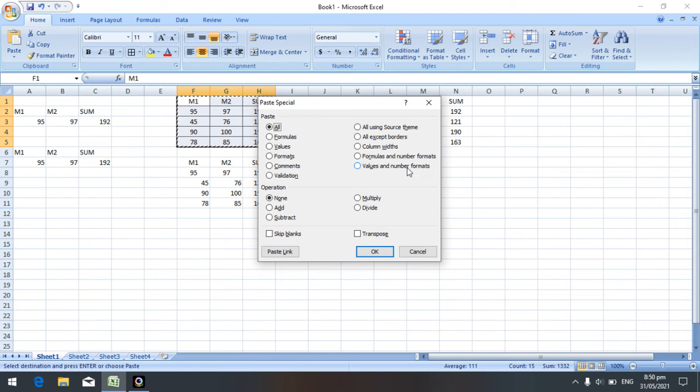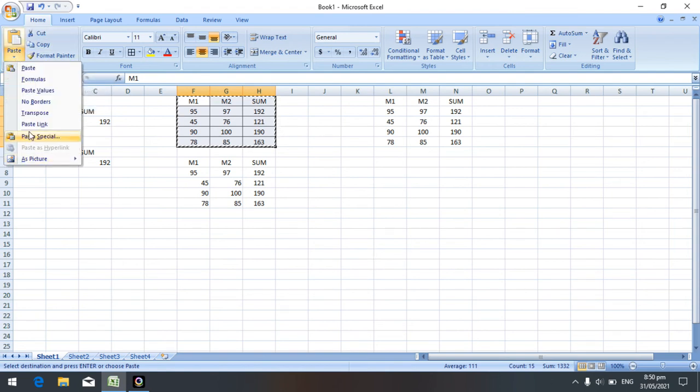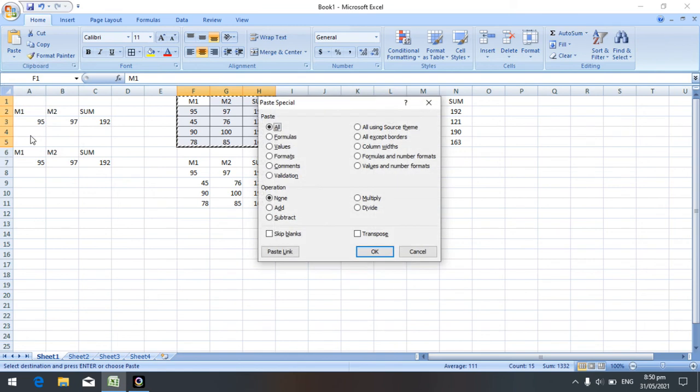You can use these options. So after applying all those things, you click on the OK button. So this paste special command is for 5 marks. So you have to draw it and you have to explain all those things.